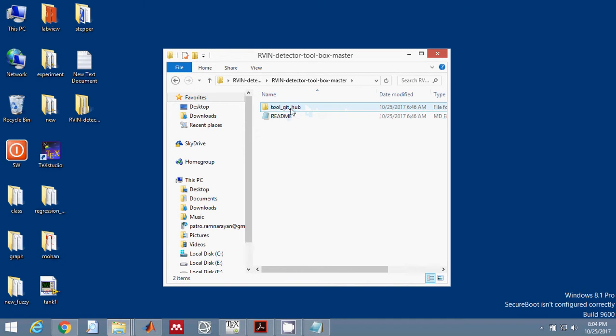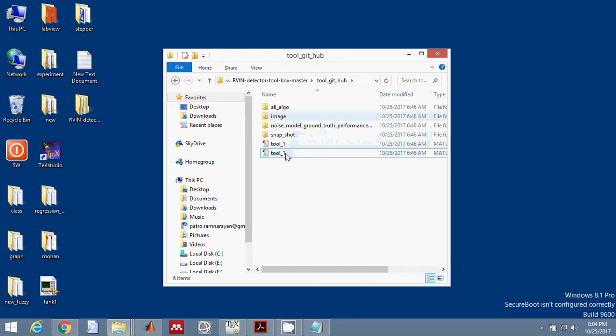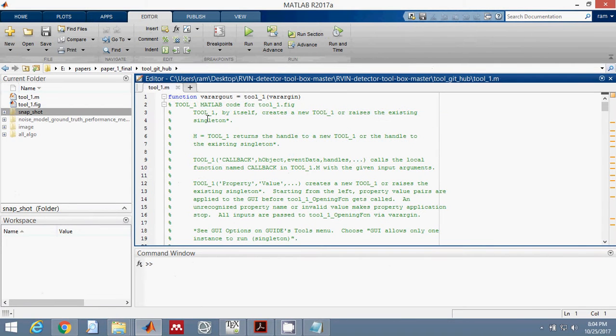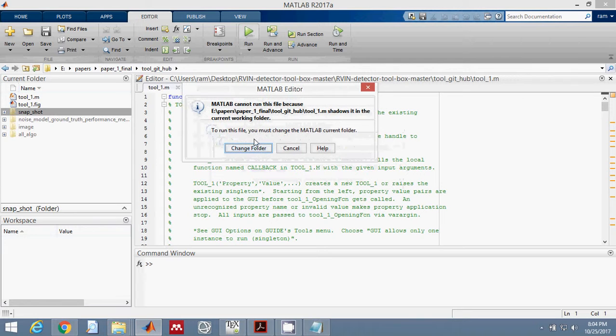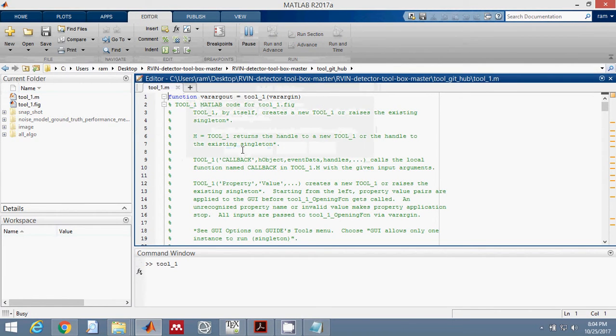Open this one, then open the tool_git_hub, then open tool_one in Matlab, then run it. And when it asks to change the folder, you select this one, change the folder, and